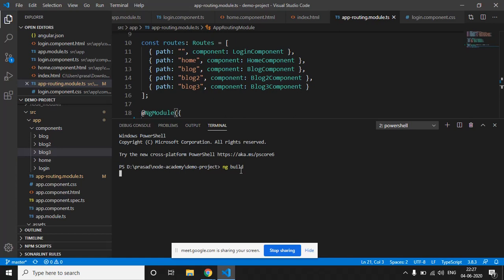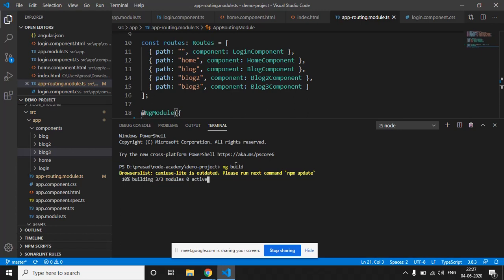I have also explained that browsers don't understand the TypeScript language, right? But in Angular we use only TypeScript, we don't use JavaScript. So what this building process does is it converts all the code written in TypeScript into JavaScript, so that the browser can understand it.